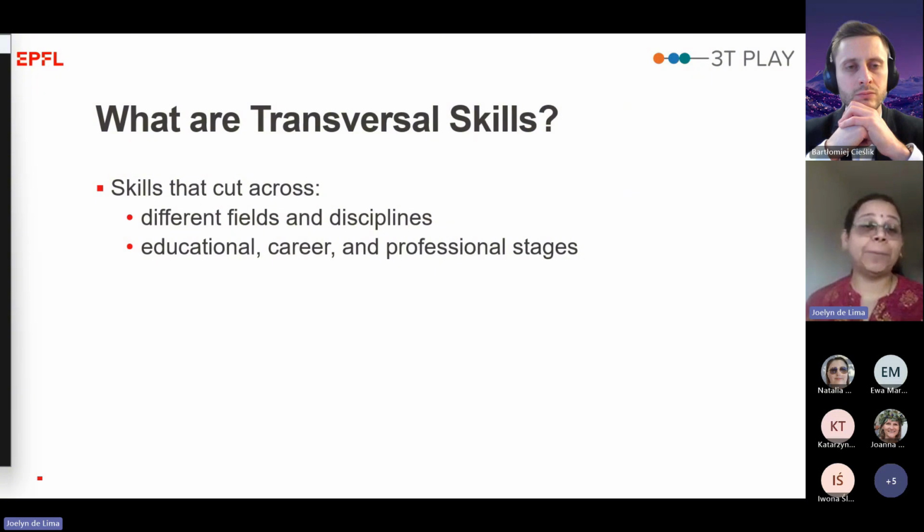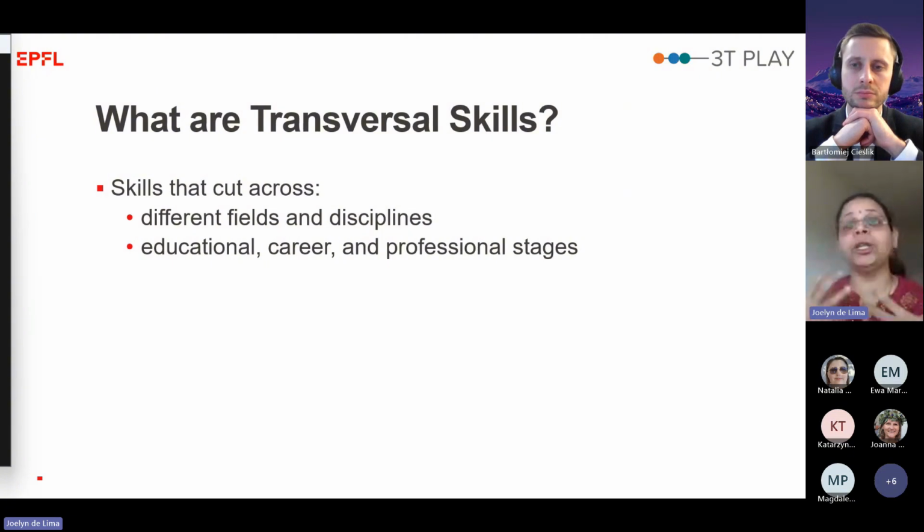Thinking about disciplinary skills, those are related to specific work in a discipline. For example, a chemist will need to know what titration is and how to titer, but that's not really useful to a biologist. Whereas a biologist might need to know how to streak agar, but a physicist doesn't care about that. On the other hand, transversal skills are important not just across fields and disciplines, but also educational, career,